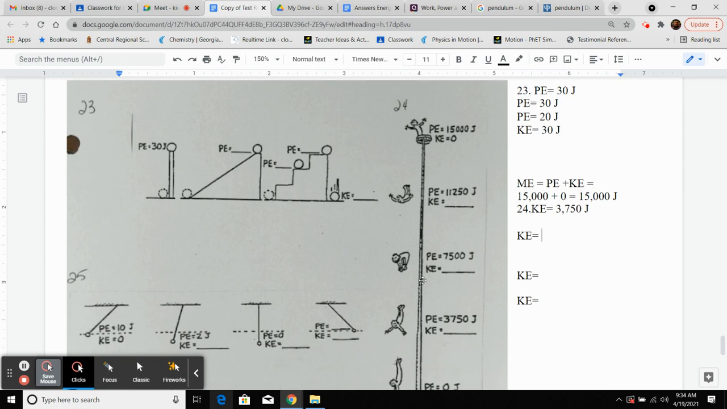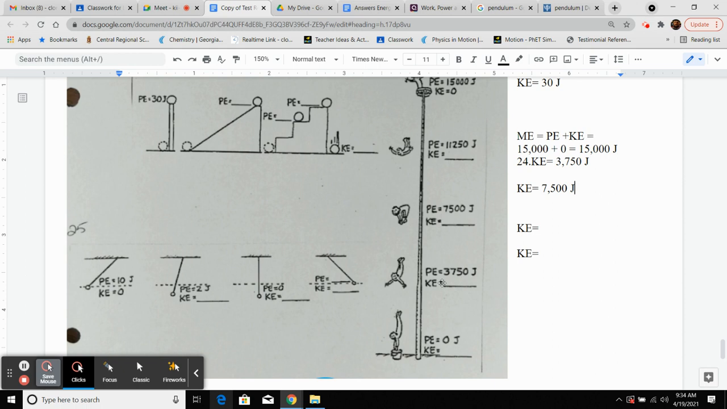The next one, he's 7,500. Well, 15,000 minus 7,500 is also 7,500 joules. How would you find this KE? The same way. Well, the mechanical energy's got to be 15,000. So I do 15,000 minus that number, right? 15,000 minus that number, and it should equal what? 11,250 joules. Okay, and then Dom, right as he's about to land into the water,